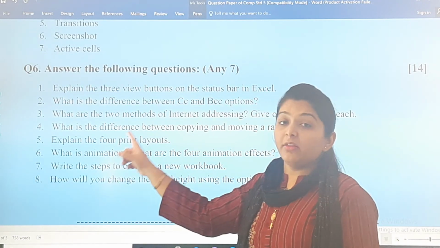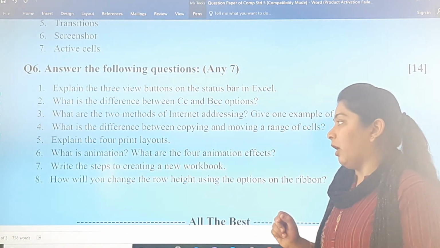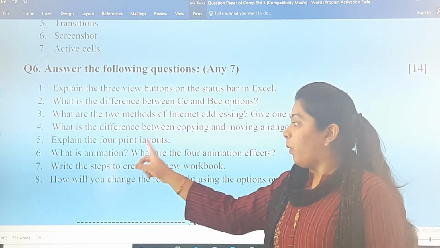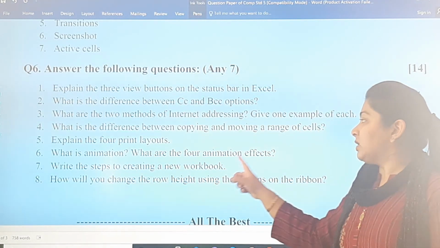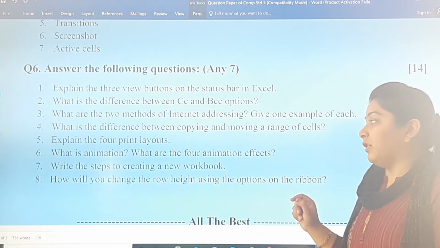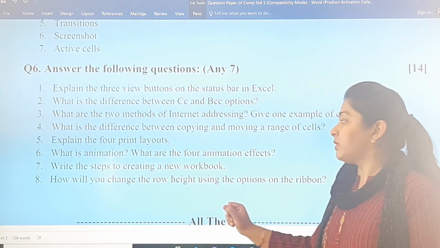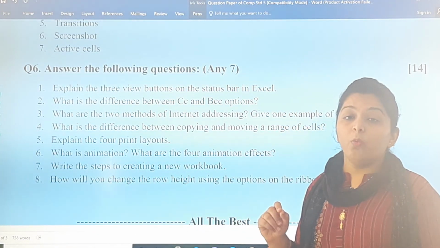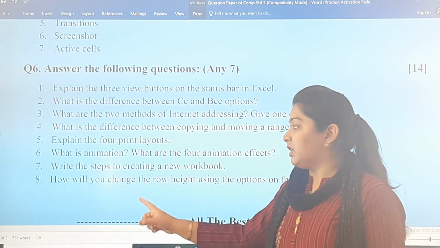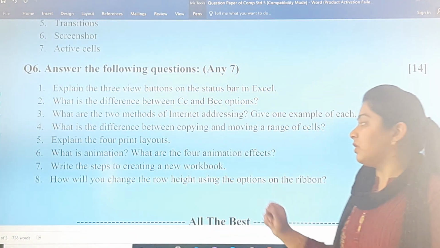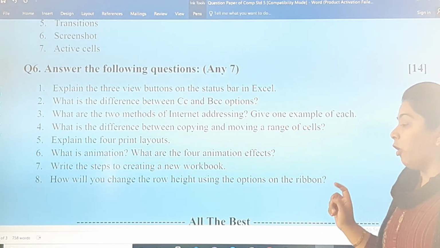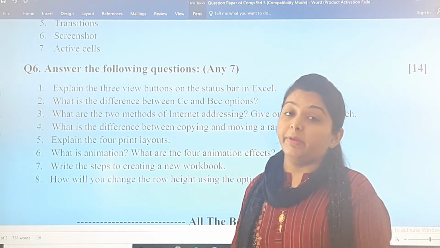Fifth, explain the 4 print layouts. Sixth, what is animation? What are the 4 animation effects? 7. Write the steps to creating a new workbook. And the last one is, how will you change the row height using the options on the ribbon?